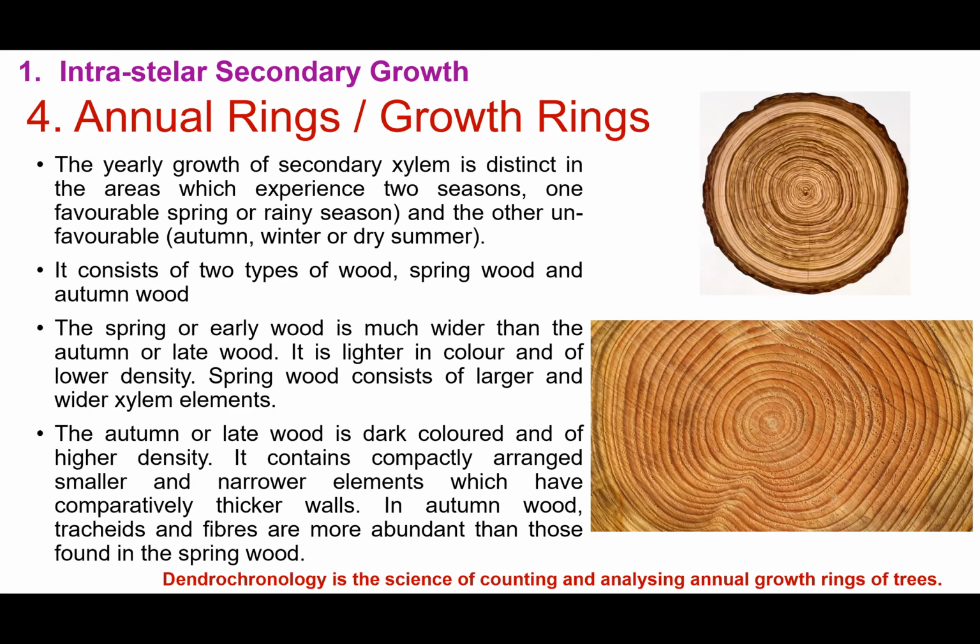That is, during the favorable season, you have the formation of secondary growth and formation of secondary xylem and secondary phloem. During unfavorable season also there is some secondary growth happening and there is some formation of secondary xylem and secondary phloem. So you can clearly see that every season, I mean every year, you can see a distinct ring that is formed. Okay, so a distinct ring that is formed and each ring suggests the secondary growth that happened during that year.